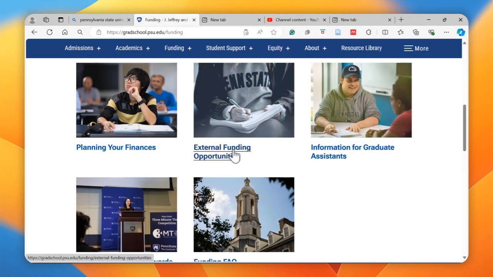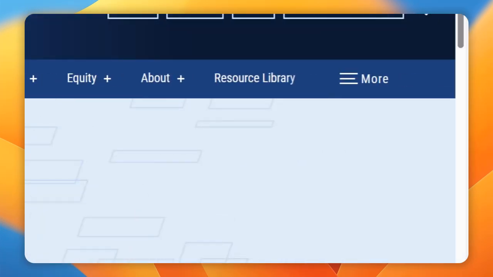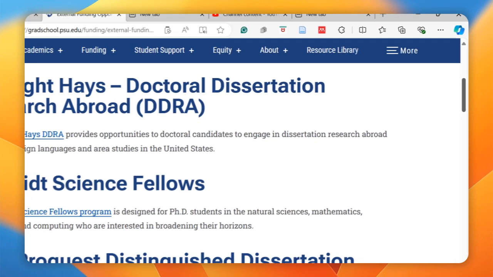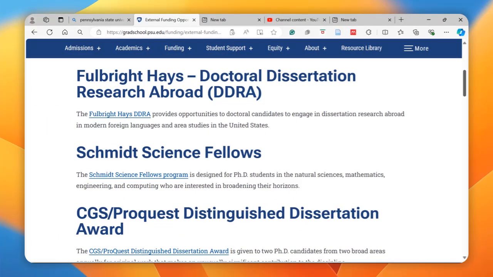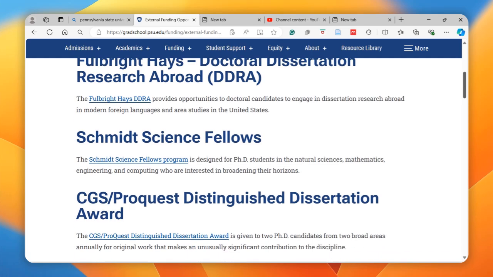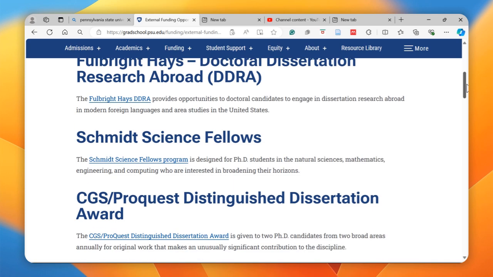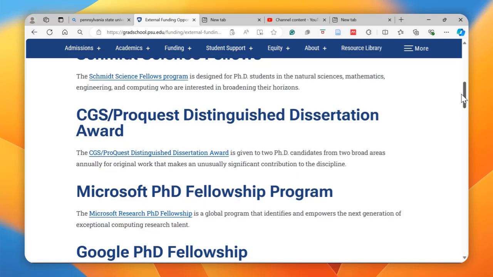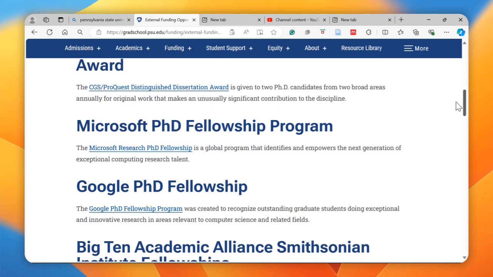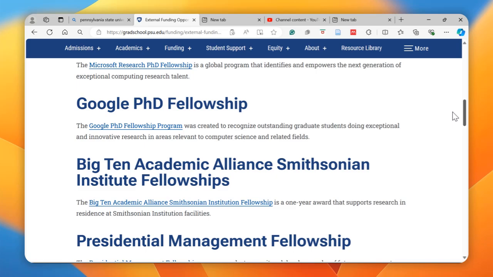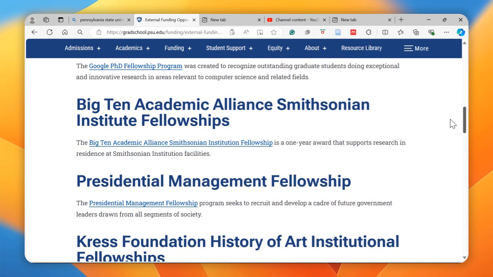So if you click on these external funding opportunities, you'll be able to see that there are a whole lot of different funding opportunities that have been used by other scholars that have attended this university before. So you can see there's a Fulbright-Hays Doctoral Dissertation Research Abroad. Then there's Smith Science Fellows. Then there's the CGS ProQuest Distinguished Dissertation Award. There's a Microsoft PhD Fellowship Program. There's the Google PhD Fellowship. Then there's the Big Ten Academic Alliance